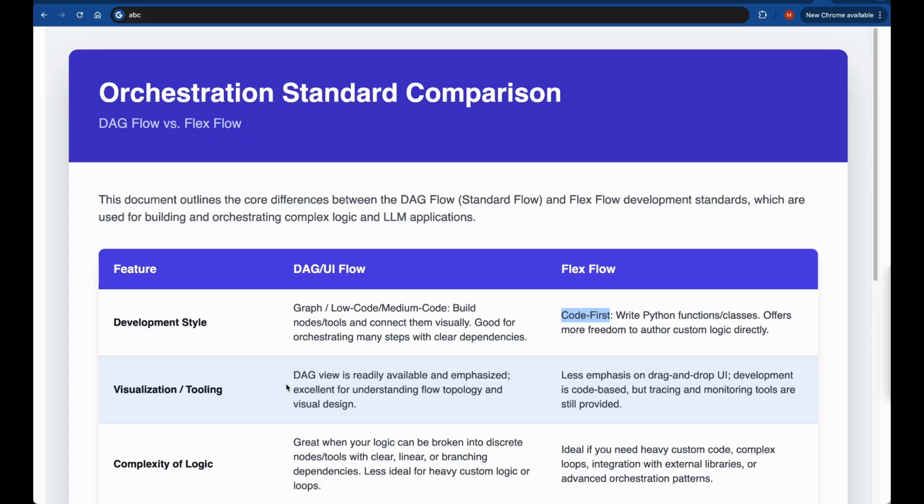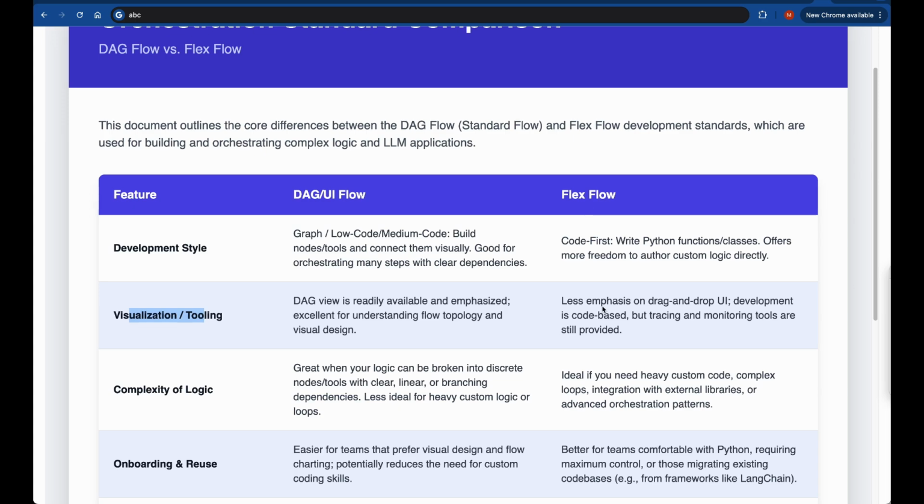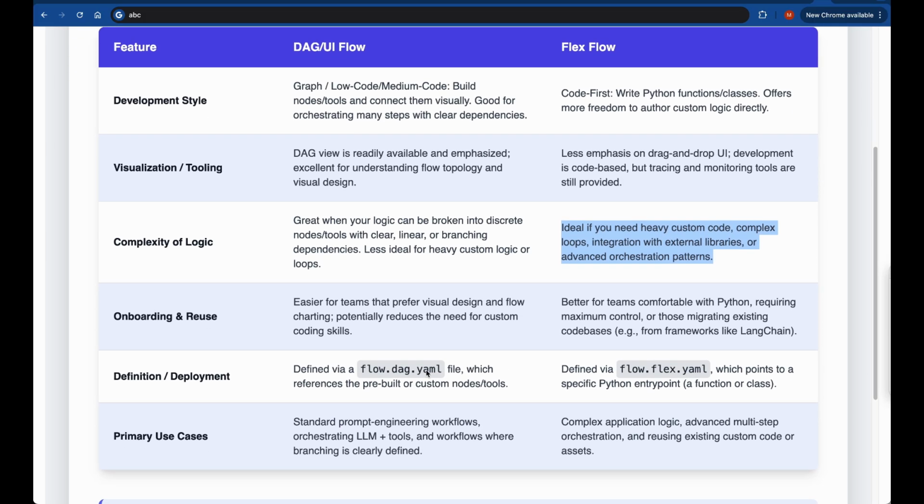Again, the DAG flow uses visual designing, whereas the flexible flow uses code. Complexity: the DAG flow is great when you have a simple to medium complex implementation. The flexible flow is great when you have a complex implementation. Onboarding is pretty easy for the DAG flow, as you use the visual design to design your flow. Here, you need to know Python and the rest of the tools that you want to use, everything through the